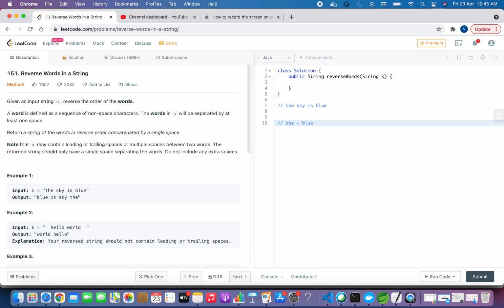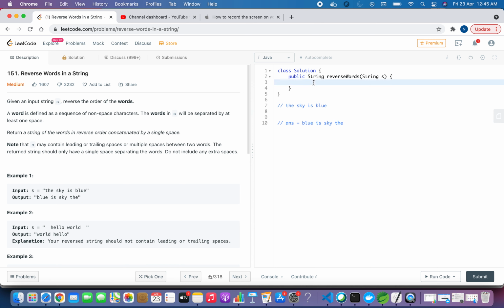If I have extra spaces, then I can simply skip them and append one space to the answer. Similarly, we can go to "is", construct the word and append it to the answer. Similarly, we go to "sky" and "the", and this will be our answer.